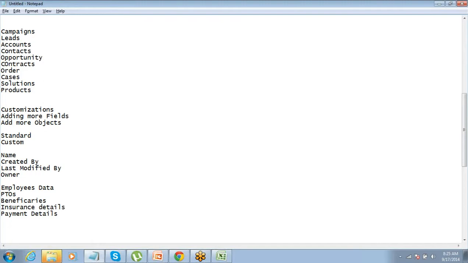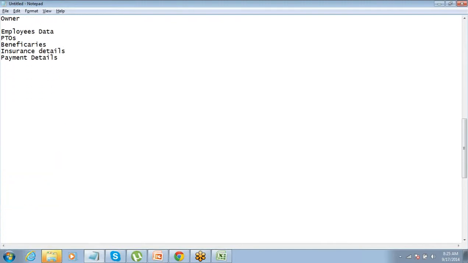Same way, for example, if you create a custom object called project, another custom object called client, another one called consultant, another one called assignments, another one called payments.